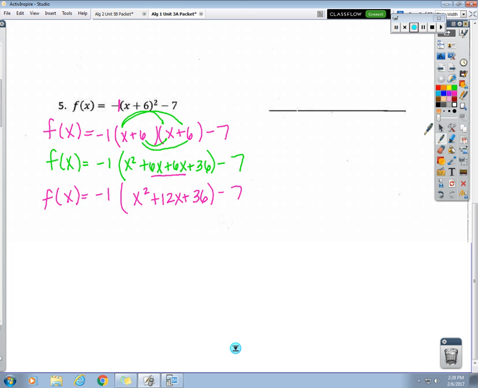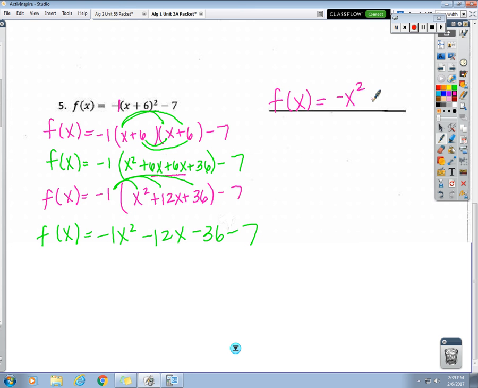But first you distribute the negative 1. Let's print this. Okay, so f of x equals negative 1 times x squared is negative 1x squared. Negative 1 times 12x is negative 12x. And negative 1 times 36 is negative 36. Bring down the minus 7. And so now, to write it as your final answer, you don't really have to keep writing the 1 at this point. You can, but you don't have to. Minus 12x, and then we can combine those, and those combine to a